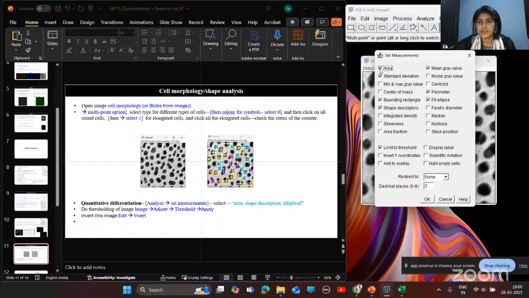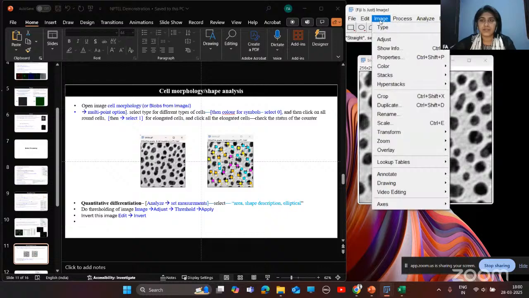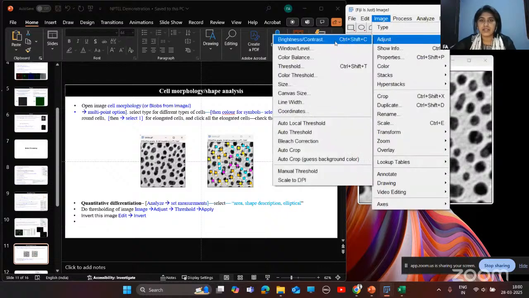Here I'll check area, fit ellipse, perimeter, and shape descriptors. Okay, before analyzing it quantitatively, we need to do thresholding. For this, you need to go to Image, Adjust, and Threshold.